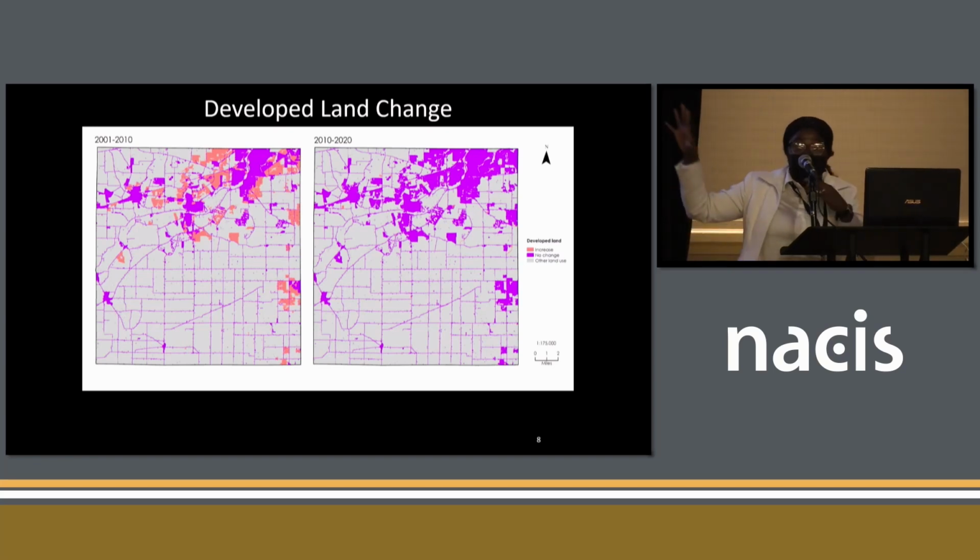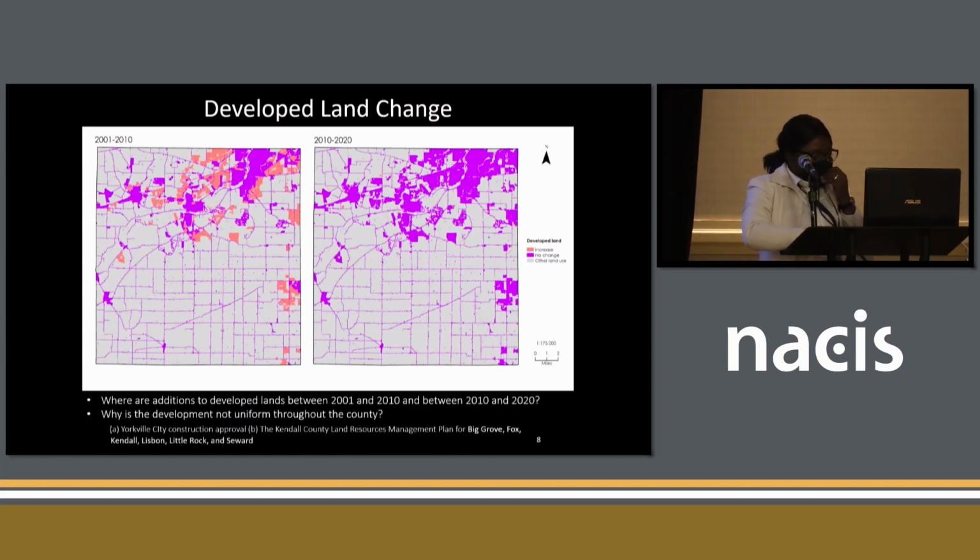And then we can see that right all over the map. And from 2010 to 2020, the change was actually very, very small. It's just a little sprinkled around the map. So looking at this one, we can answer questions on where developed lands are getting more additions and why the